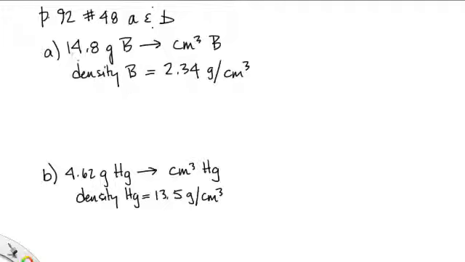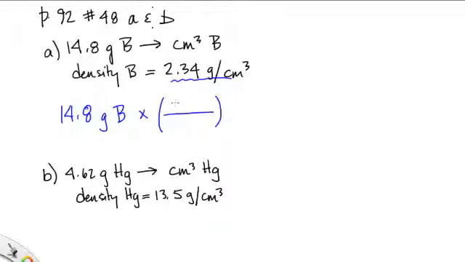You're going to convert 14.8 grams of boron into centimeters cubed of boron, and the density of boron is 2.34 grams per centimeter cubed. So we'll write down what we start with, which is 14.8 grams of boron. Now we want to convert to centimeters cubed. We can use this density of boron as a conversion factor. Notice that the units are in grams per centimeter cubed. If I rewrite this as a fraction,